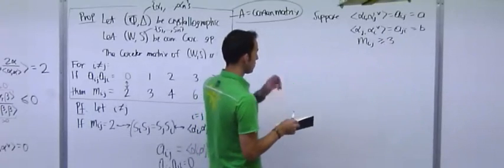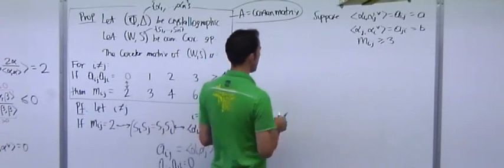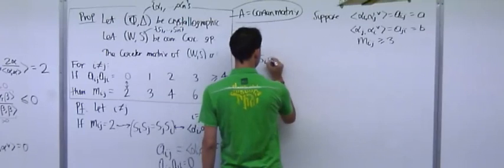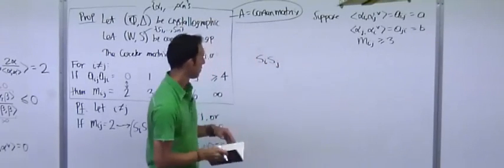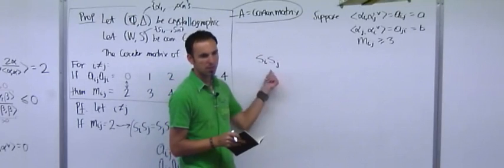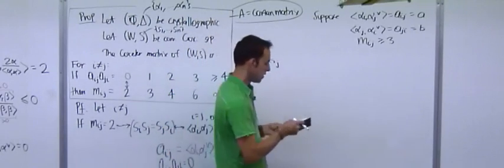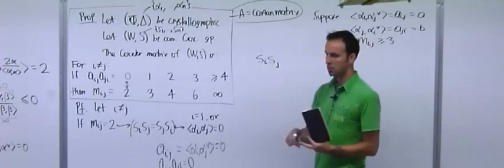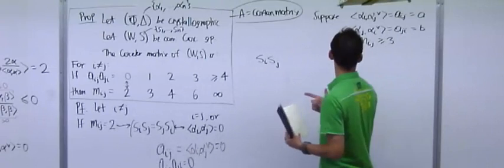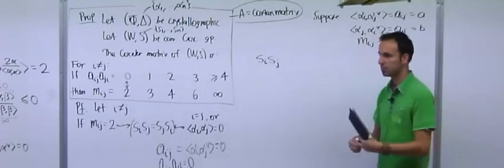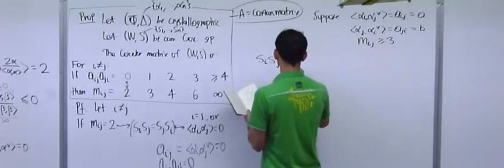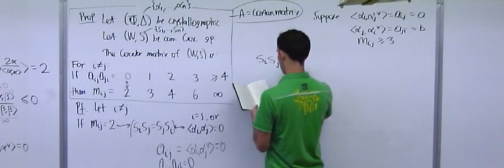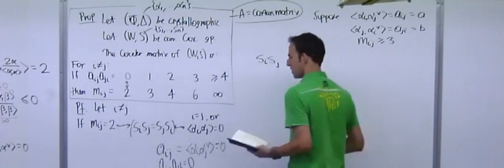So I want to look at S_i and S_j. And I want to figure out what this operation is doing, because m_ij is the order of this operation, right? So first of all, let's figure out what S_j does to alpha i and to alpha j. Okay. Well, for example, to alpha j, it's easy. Actually, let me just